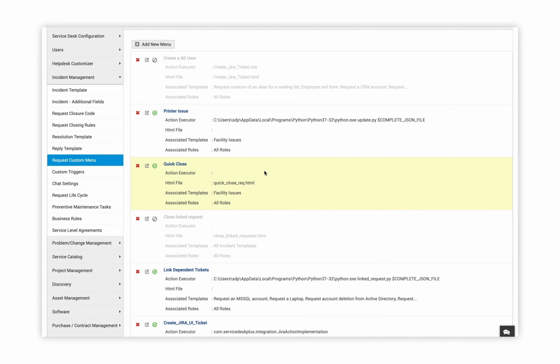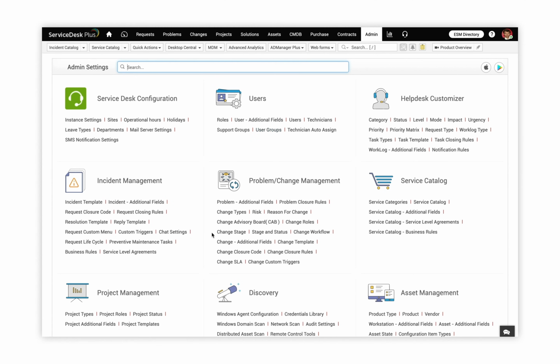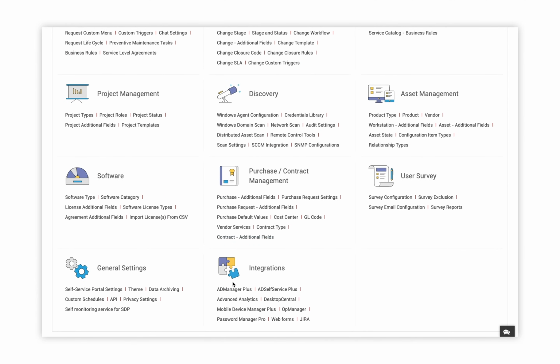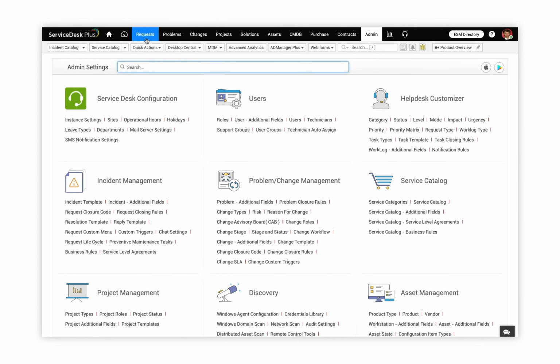This way, right from those specific templates, you can have different operations performed. Apart from these scripting operations, there are direct product-to-product integrations offered right from within the admin section of ServiceDesk Plus. If you have any of these ManageEngine tools installed, please make sure that you integrate these tools for further benefits and operations. For instance, if you have a user onboarding process and if you have integrated ServiceDesk Plus